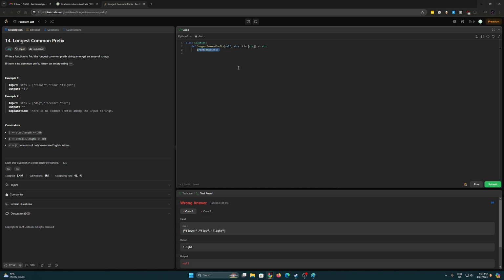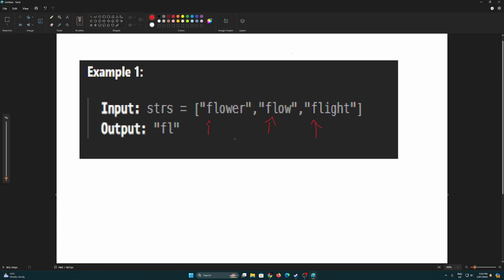I guess what you could do is iterate over. This would be much nicer if it's possible, which I'm sure it is somehow. But what I'm thinking is take flower out, stick that in a string. So we have flower as our variable. Then we go to i equals 1 because we automatically stick i equals 0 into this string. Then when i goes to 1, we do